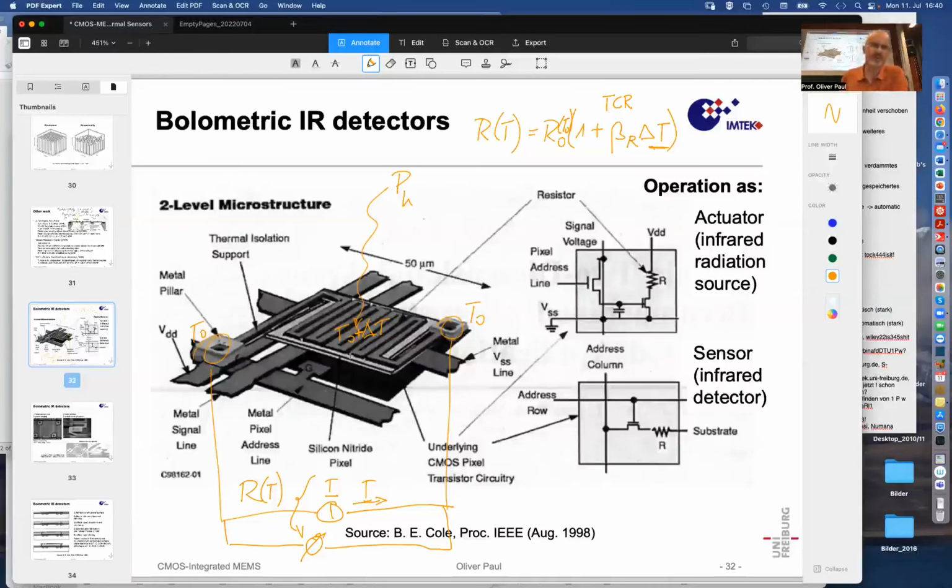Yeah, and so this structure has been presented by Cole and co-authors. They were from Honeywell. Honeywell was in the 90s a company that was very, very aggressive in developing MEMS for all kinds of applications. They had micro-machined gas flow sensors, micro-machined infrared sensors. They still do that. Micro-machined gas flow sensors actually by Honeywell